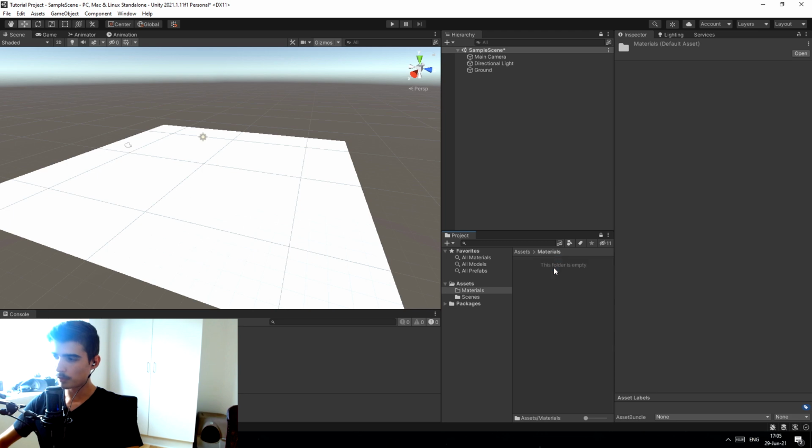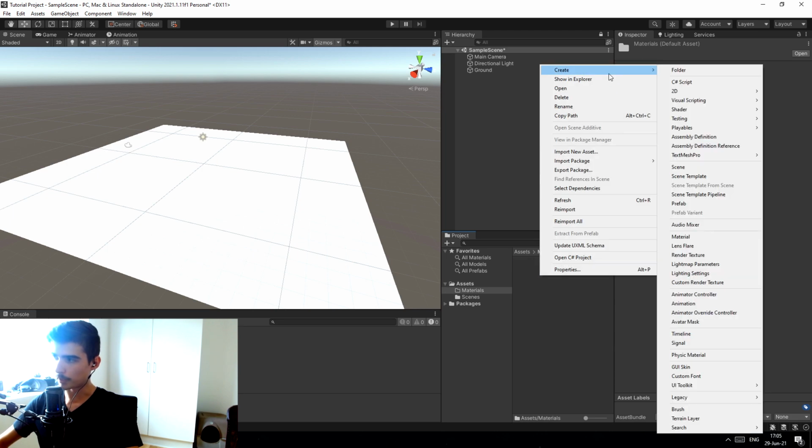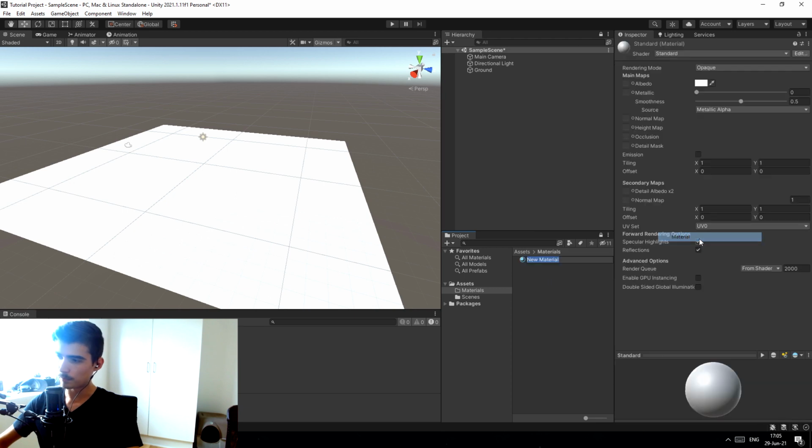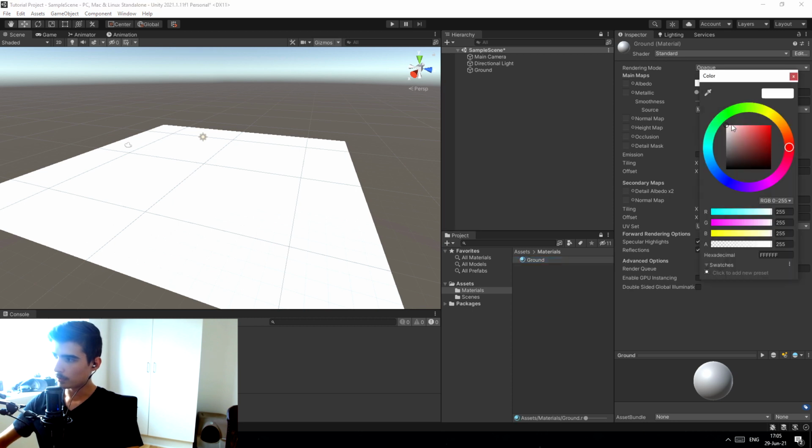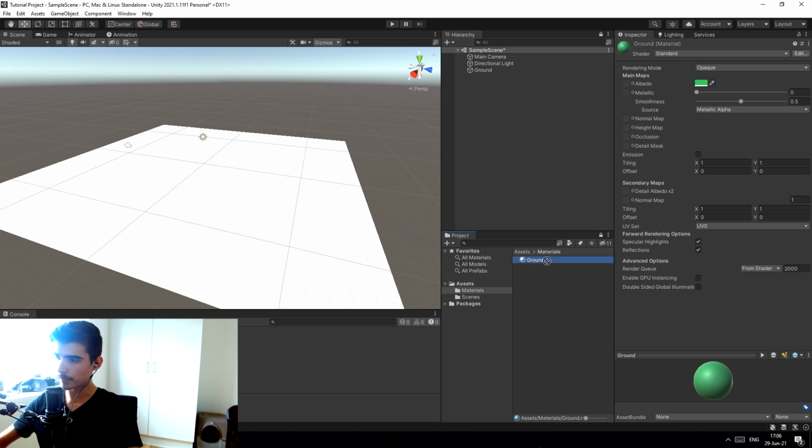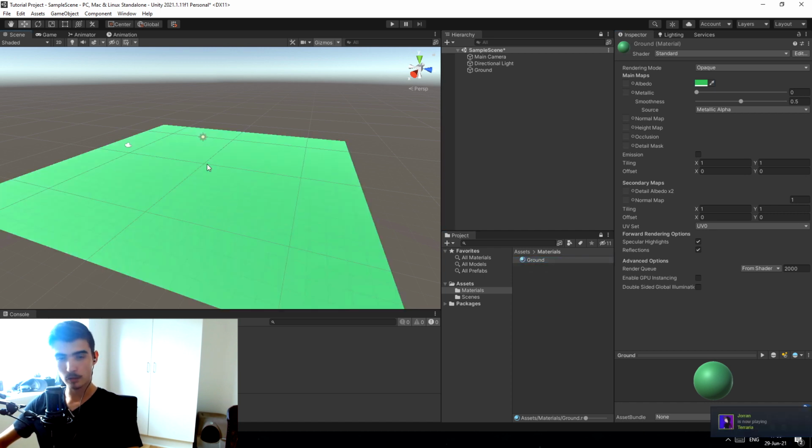So if we enter the materials folder, we can right click and go to create again. And then around the center of the create bar, you have material. And here we want to make a new material and name it ground. I'm going to give ground the color of, let's say, a nice shade of green. And then you can actually just drag and drop the ground material onto your plane. You can see it immediately turns green to the color that I chose,